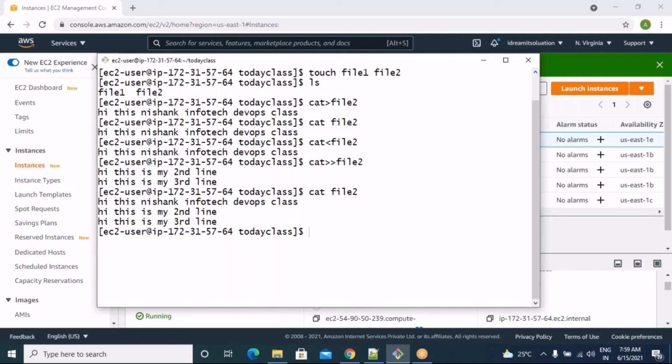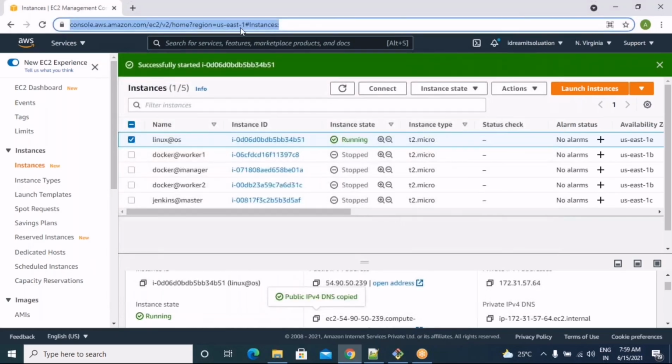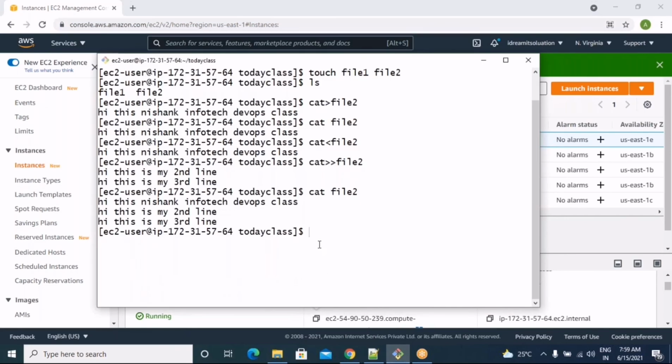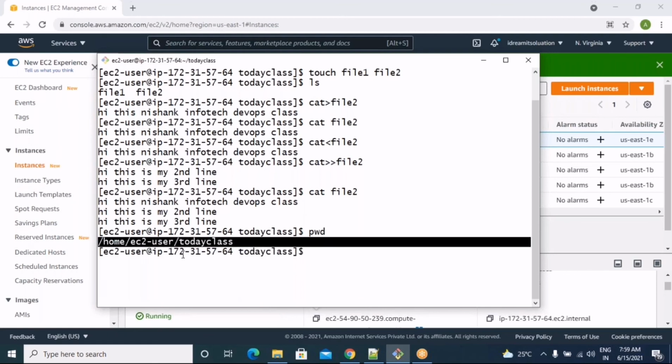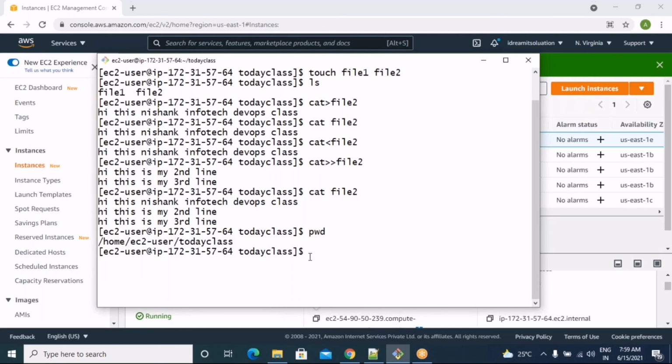In Windows you can see the path option like this. But in Unix or Linux, what is the way to see? There is a command, pwd. So you can see the path, so that if you want to go back you can go back. Suppose I want to go back, so cd, change directory, space, double dot, and it goes back one step.